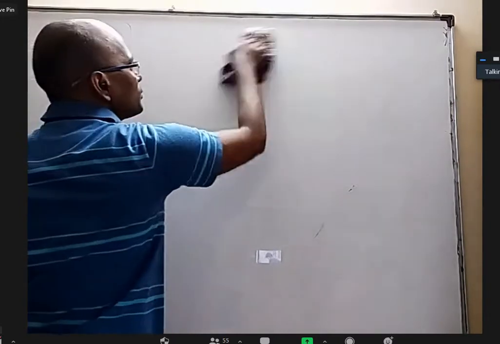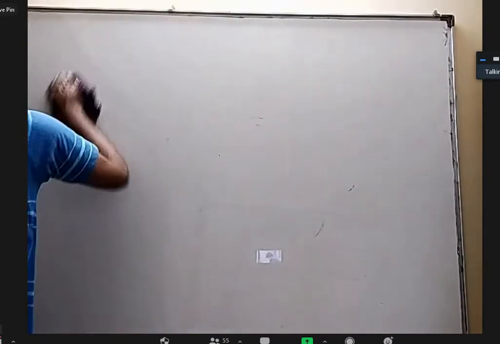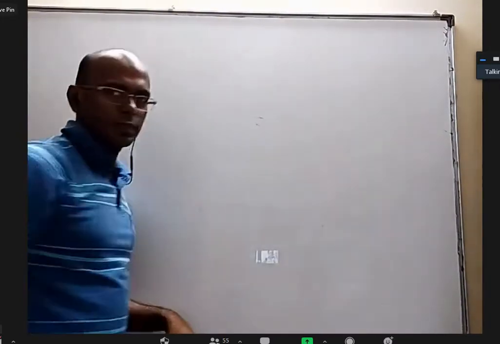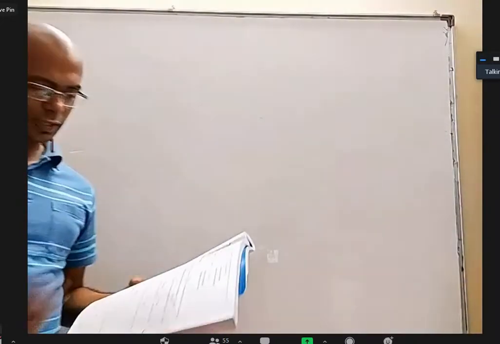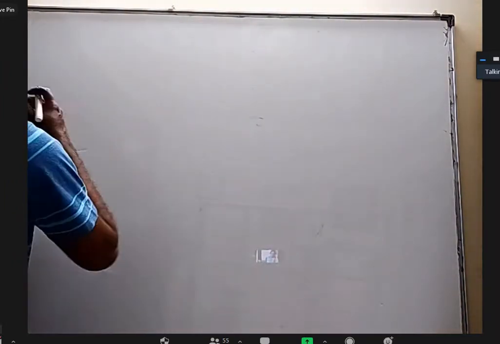Anybody else, are you able to remember some formula? Cos(A plus B) plus cos(A minus B) equals 2 cos A cos B. But that is not the only function here. There are hundreds of functions. I can think and tell you some more functions, so don't take it as cos x. That is not the explanation for this. We'll try to prove it some other way, but I'll think about it and tell you some other functions which can satisfy this.